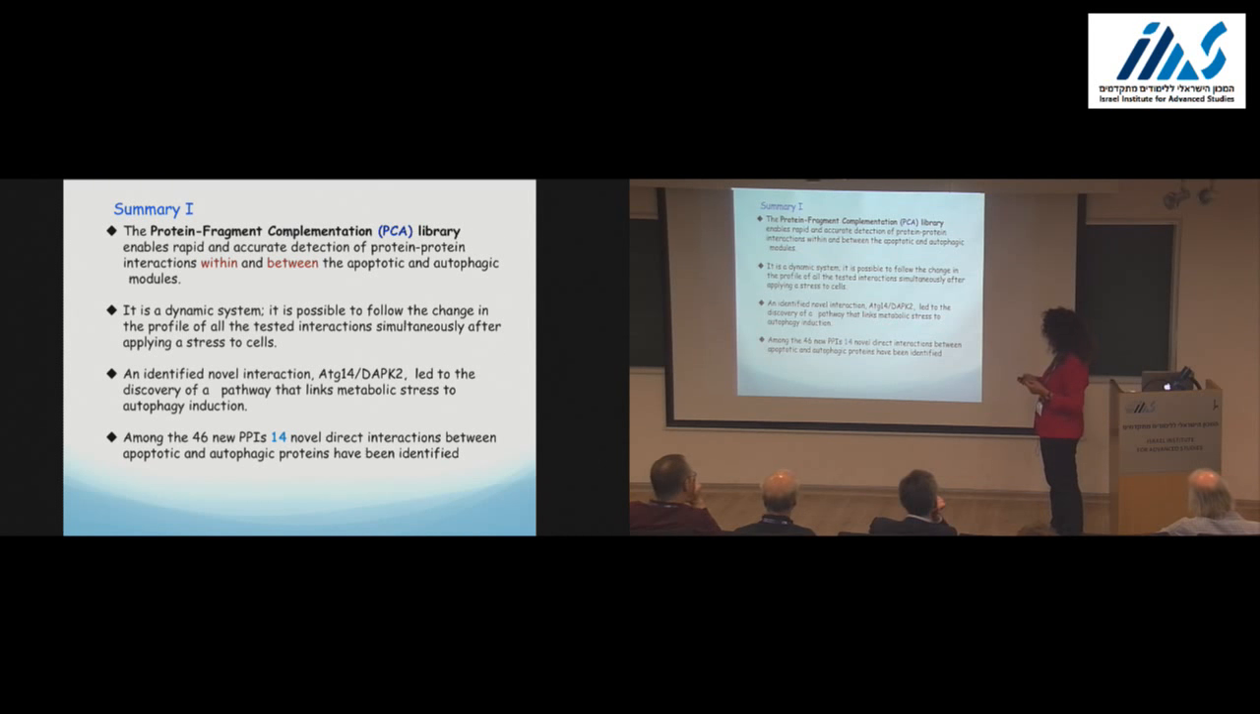I've described to you this interaction, ATG14 and DAP kinase 2, which led to the discovery of a pathway that links metabolic stress to autophagic induction. And we were surprised to see that we have 14 novel direct interactions between apoptotic and autophagic proteins, which means that the connectivity between apoptosis and autophagy is stronger than initially assumed. And we think that this connectivity is important whenever a cell has to decide whether to live or die in response to